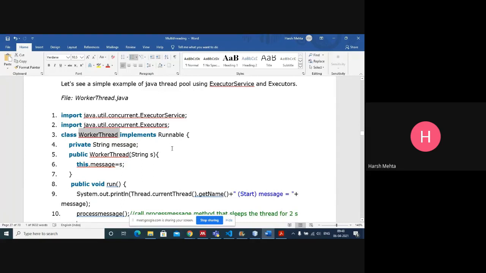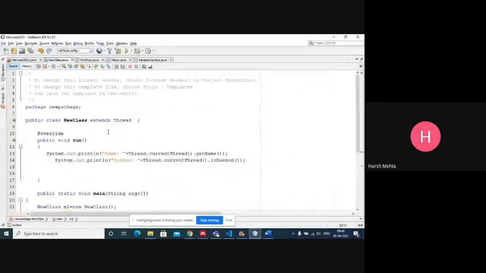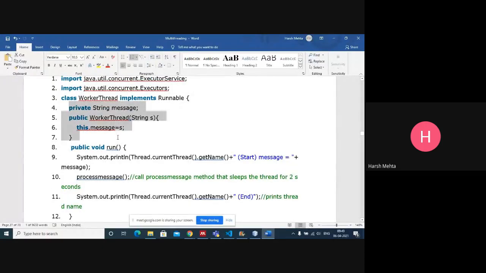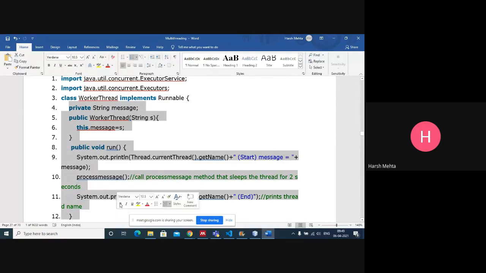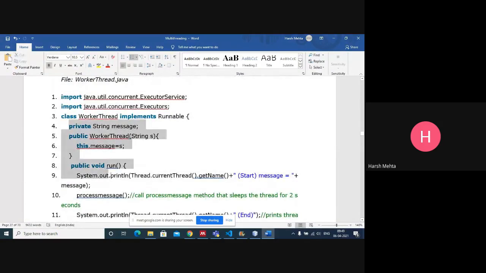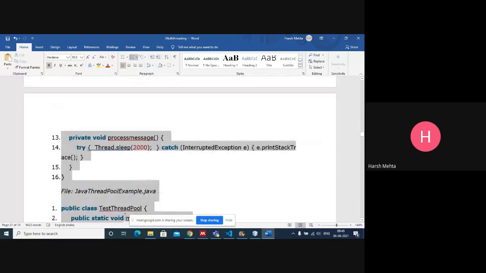Worker thread implements runnable. We will implement it like this only, and will not change anything. Then the same message method here, and the run method also the same run method.